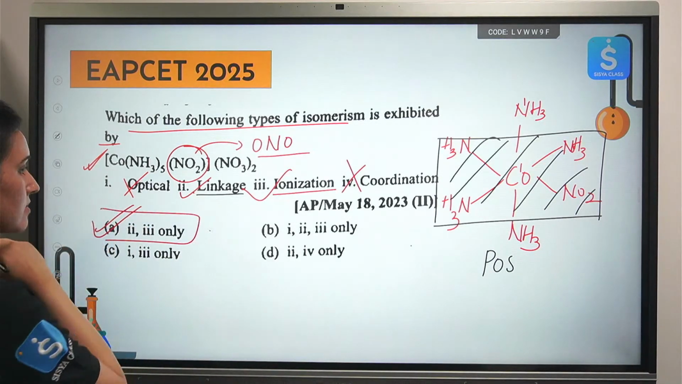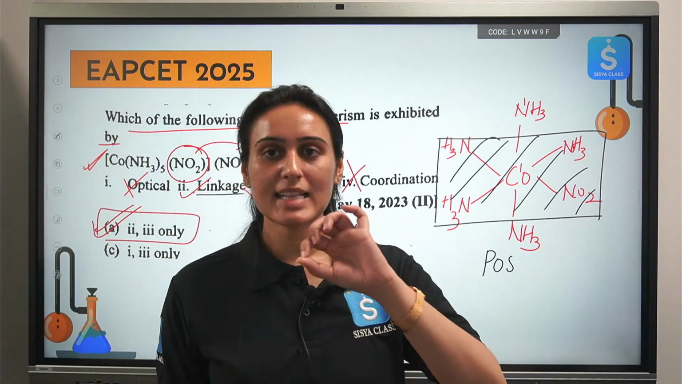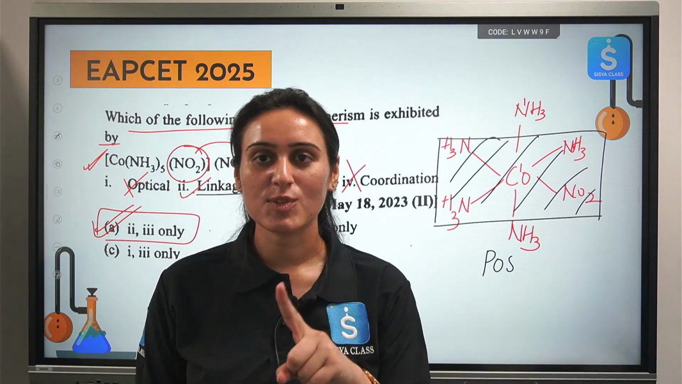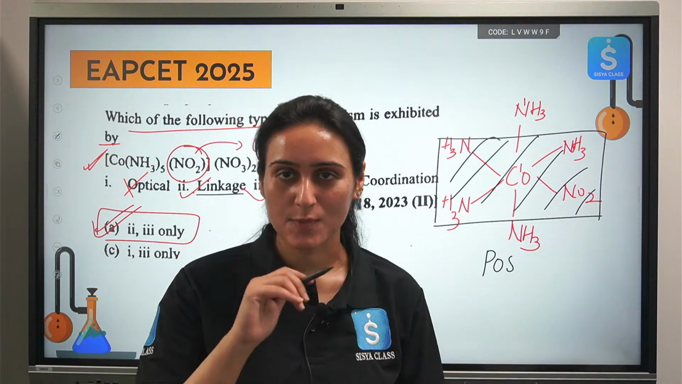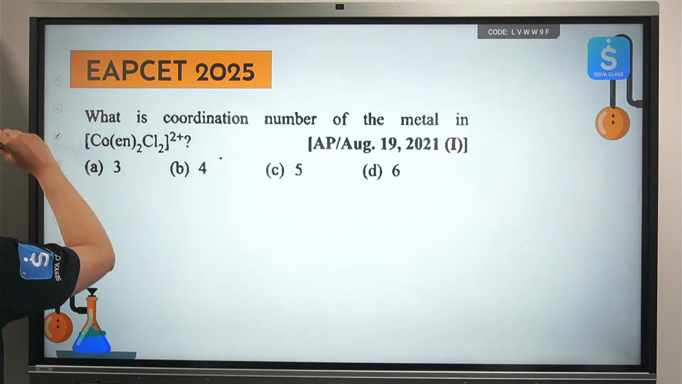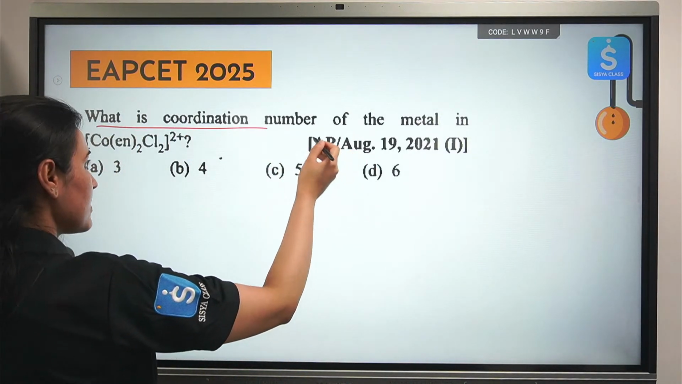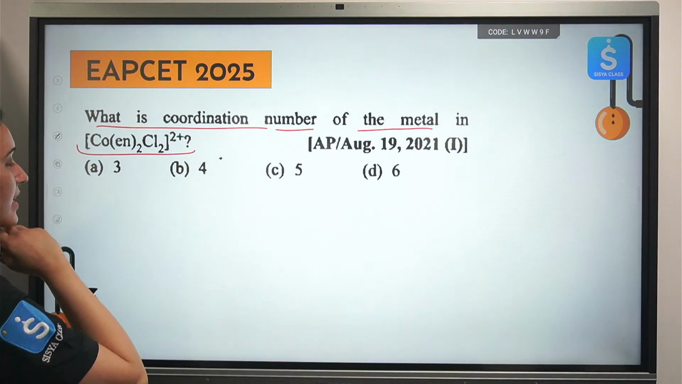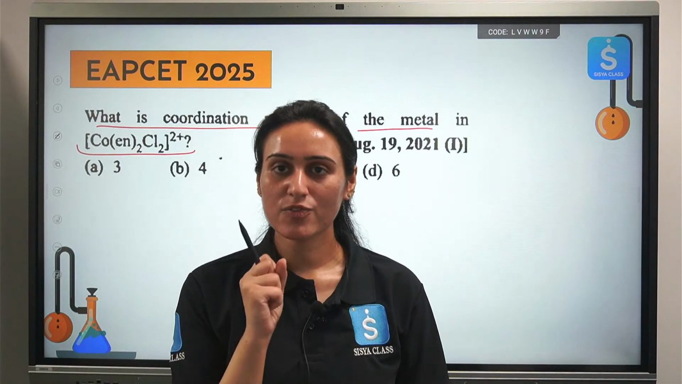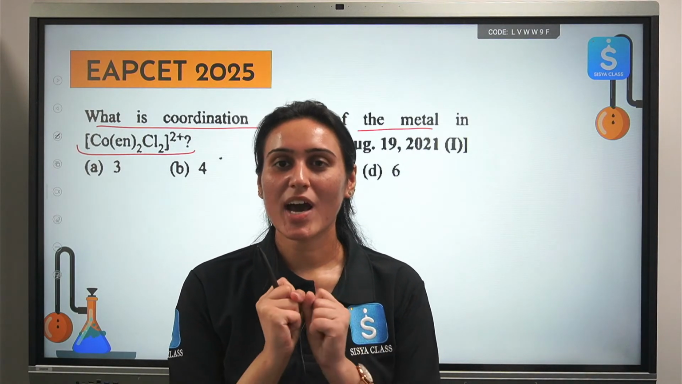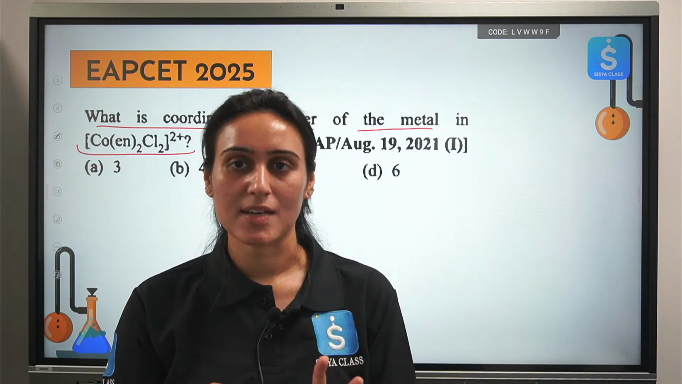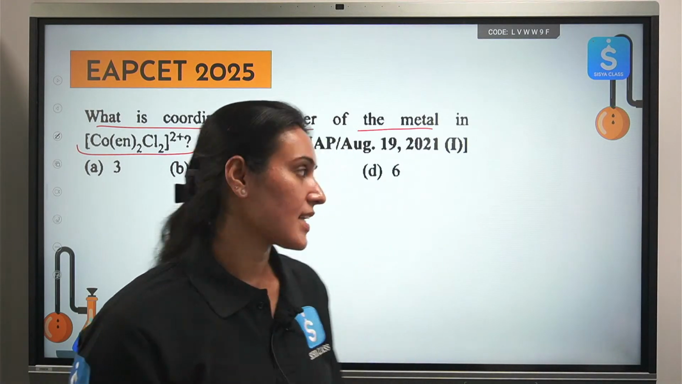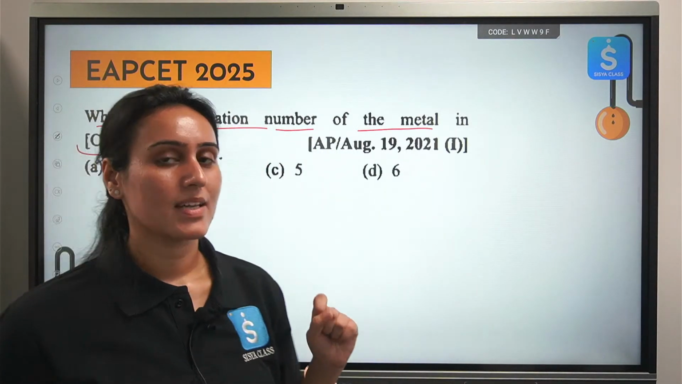Option A. Let's see one last question, then we will end the session and the rest of the questions you have to do as your homework. So, one last question. What is the coordination number? Such a simple question. What is the coordination number of the metal in this particular complex? I told you, in order to find the coordination number, you have to see the donor atoms. Please don't count the number of ligands and say the coordination number is 4 here. That would be a